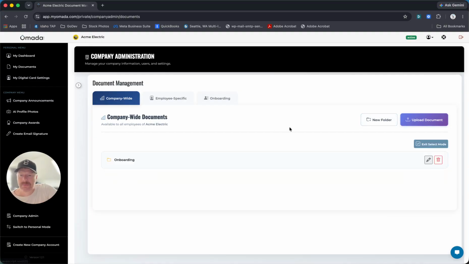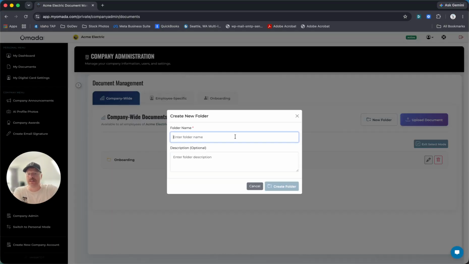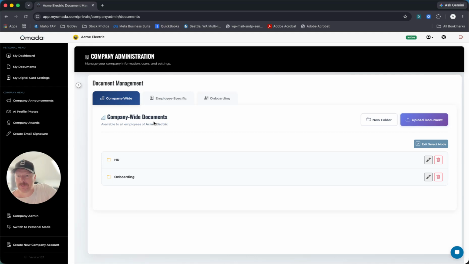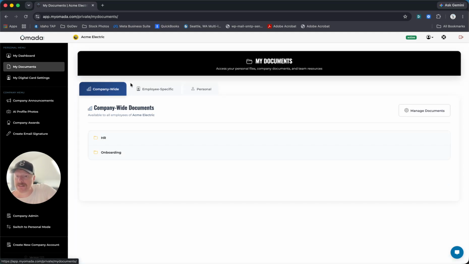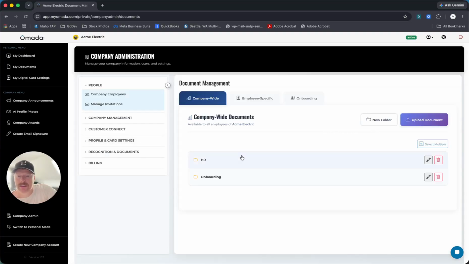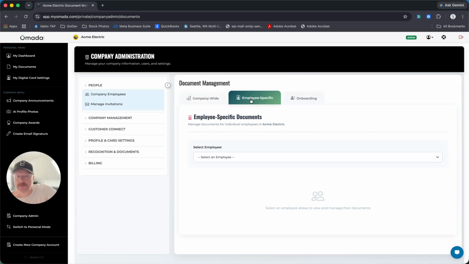A lot of people will maybe have an HR folder or something like that, and you can have multiple folders. Now, if I go back to my documents, it's going to show in my company-wide documents onboarding, HR. I have nothing in there at this point, but let's go back into our managed documents. And so we have our 2 documents, and now in our management, we also have employee specific